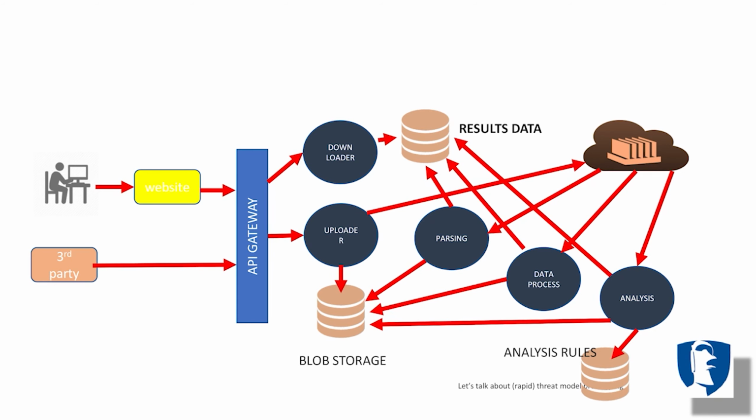Something like this. This is a diagram that I put together, but it's actually a diagram that really exists. So we have 2 ways of getting in. We either have an API or a website coming in, and then we have a bunch of components flying in there. We have 3 databases that are flying around there. Okay, great. You've got the internal setup right there, and you've got a cloud component.